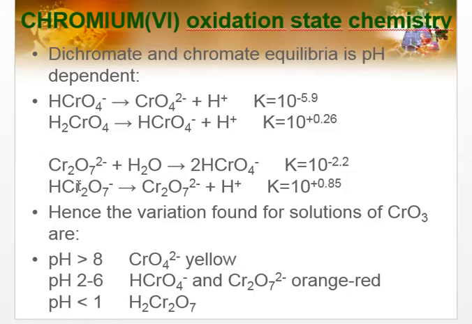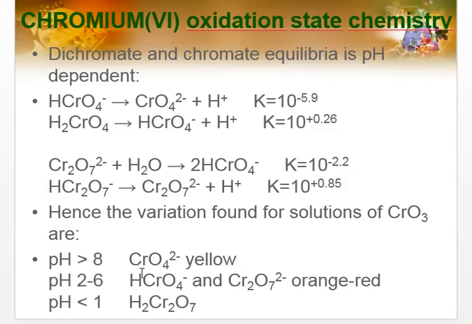And for the dichromate also we can write the following dissociation process. This is an electrolytic dissociation process. Hence the variation found for the solutions of chromium trioxide: at pH more than 8 this is chromate, which has a yellow color. And in the interval from pH 2 till 6,